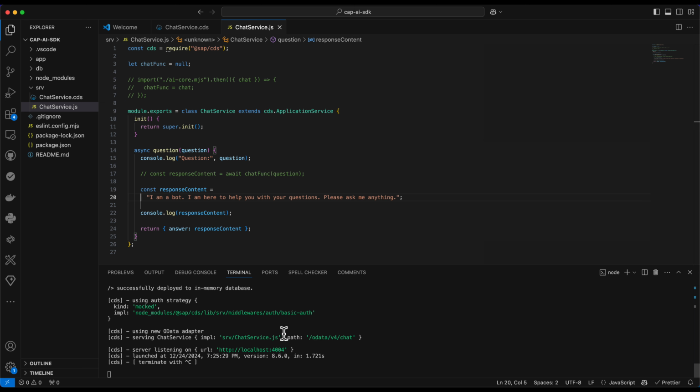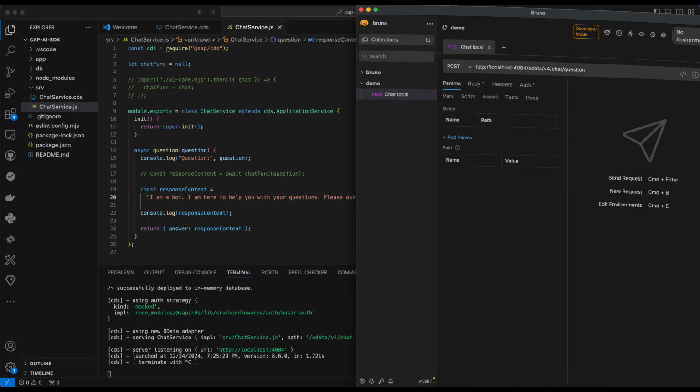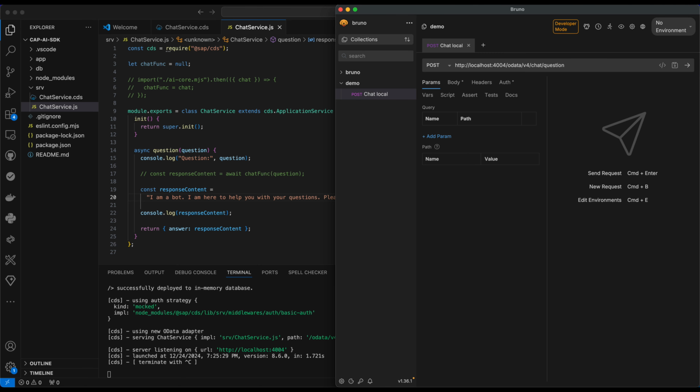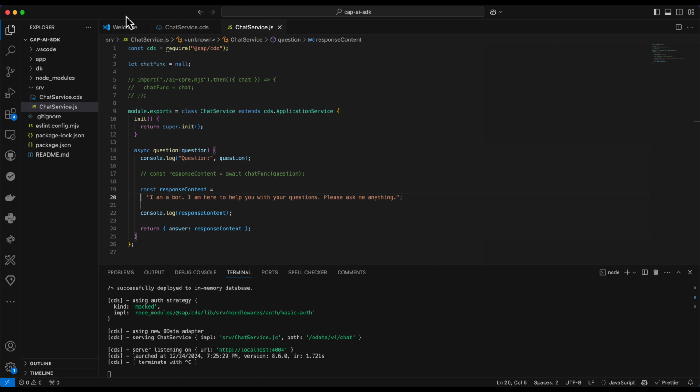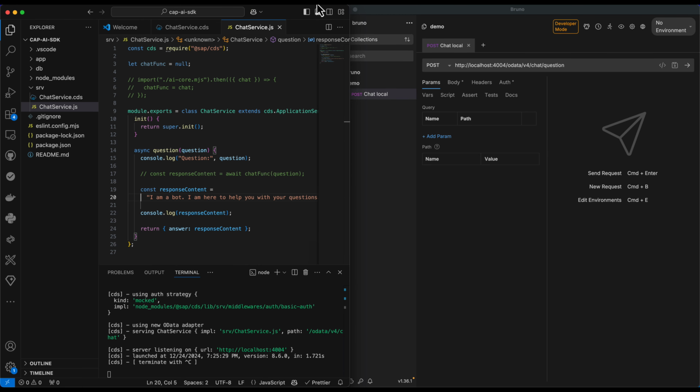Okay, and because we need to do a post request, we need to use a tool which can conveniently help us doing so. In my case, I like to use Bruno very much because it's open source and free and you don't need any account. I have already prepared here a request in Bruno, which is a post request to HTTP localhost 4004, which is